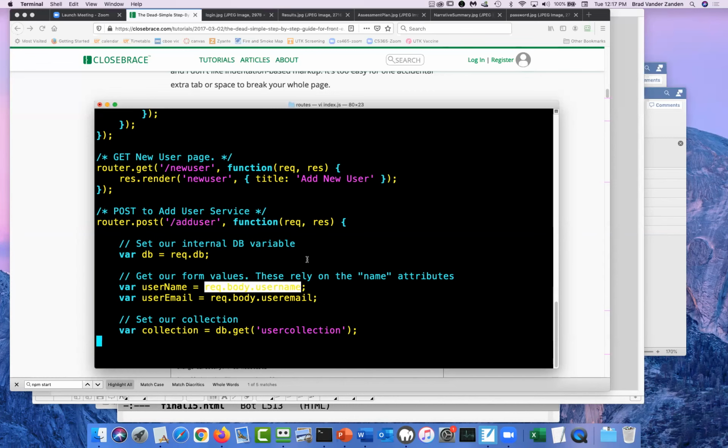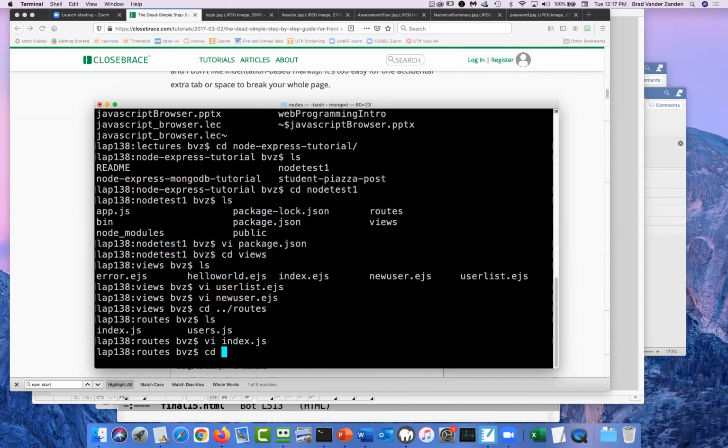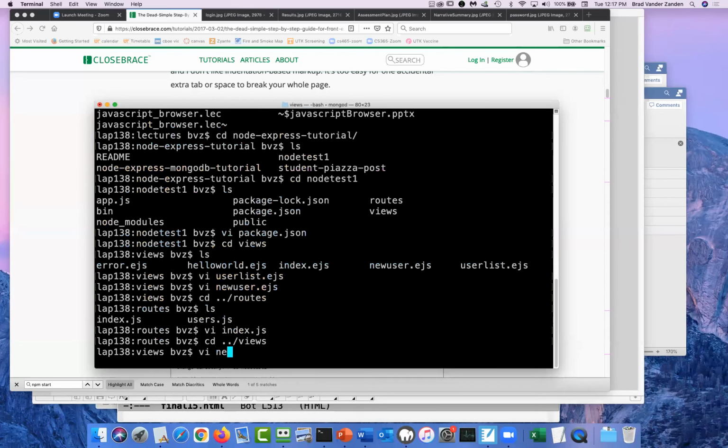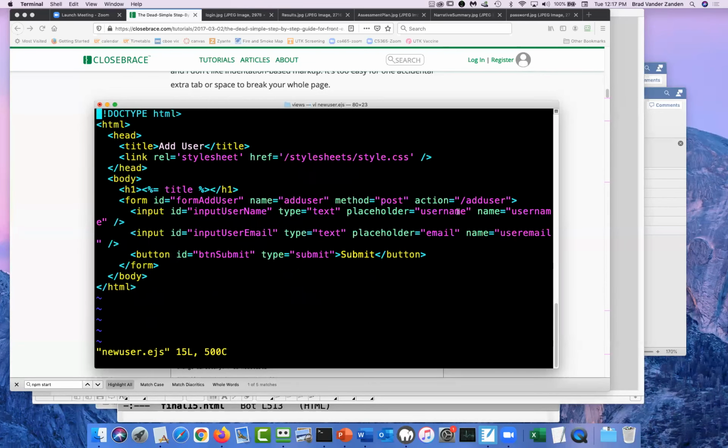And remember, we look at the view. Name was username, name was user email. So that is where it is getting those names from.